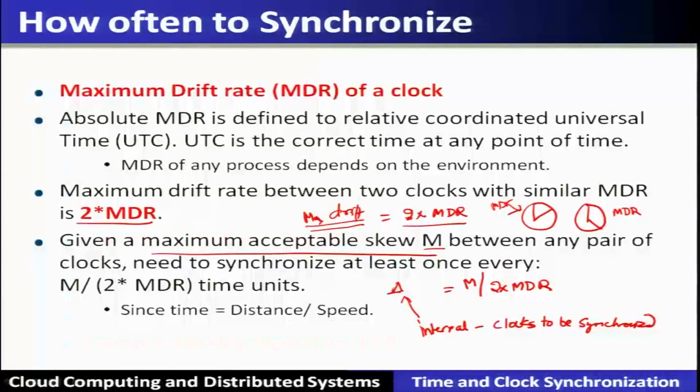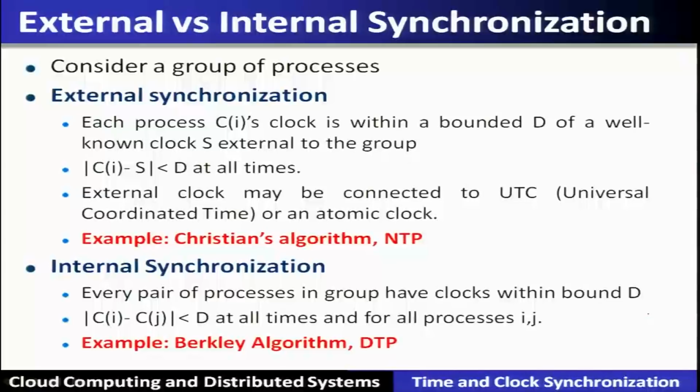So, having seen this kind of equation, now we will consider two different types of synchronization. If we consider a group of processes in our model of a distributed system and the cloud system, there are two kinds of synchronization possible. One is called external synchronization, that means the processes synchronize their clocks with an external clock,